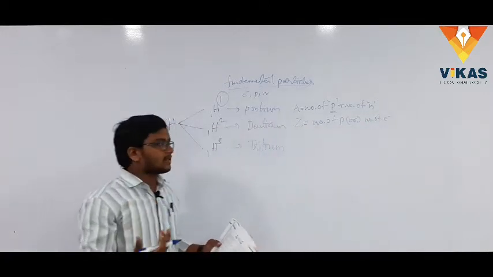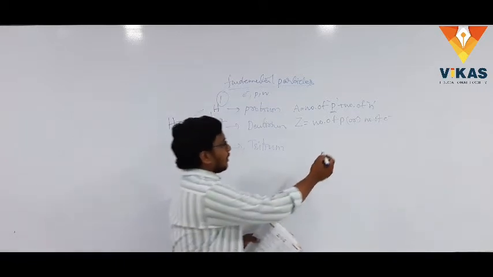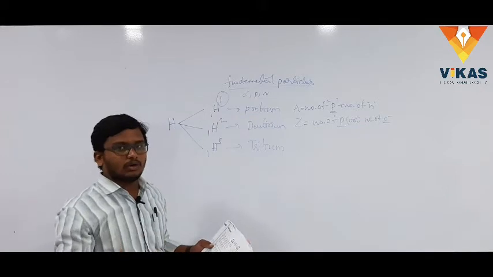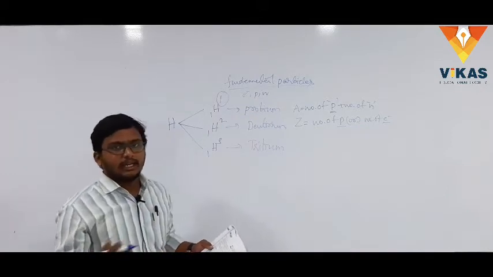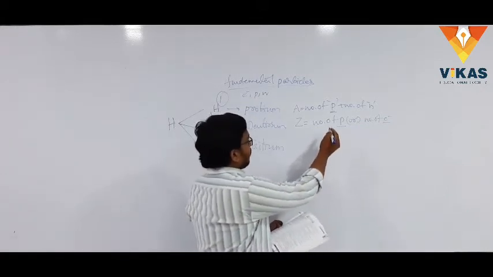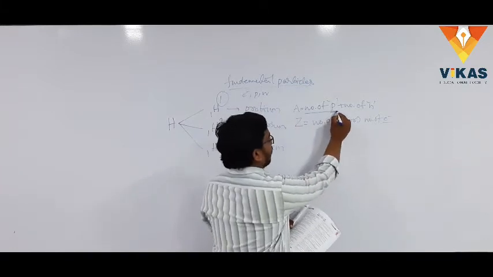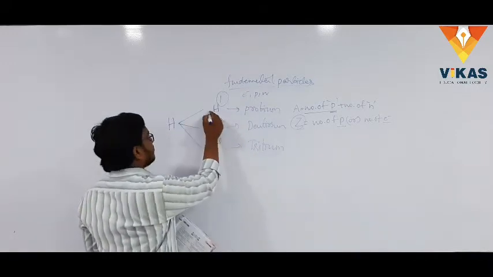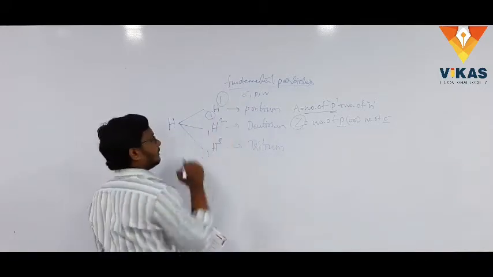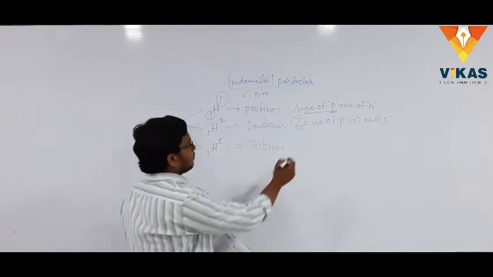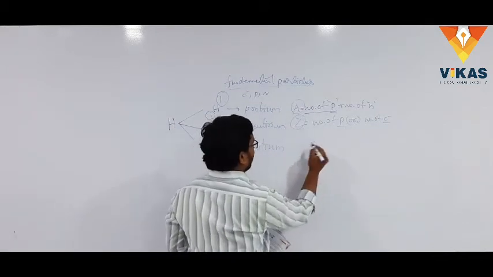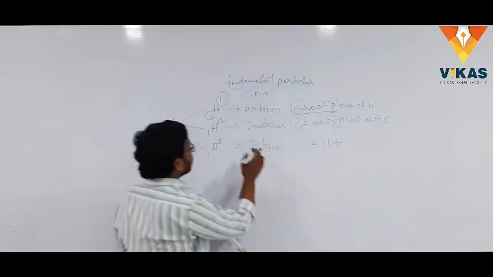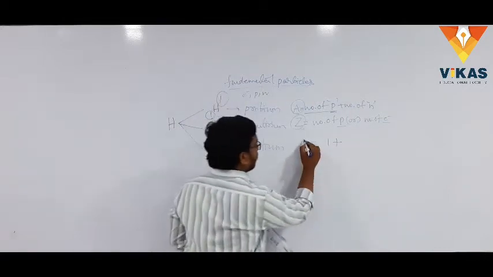Because in a neutral atom or neutral species, the number of protons is equal to the number of electrons to maintain neutrality, because protons have positive charge and electrons have negative charge. So, whenever I say number of protons, we are taking this number, which is the atomic number, and this is the mass number. Right. So, if I take the mass number of hydrogen, I will take this one, 1 plus the number of neutrons. I cannot keep anything, because the total sum is